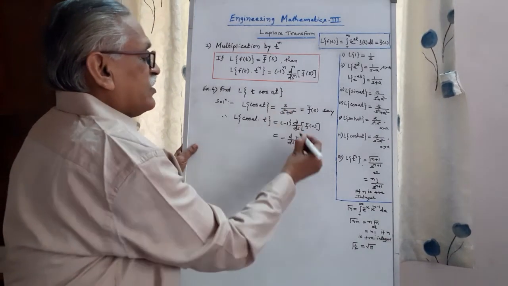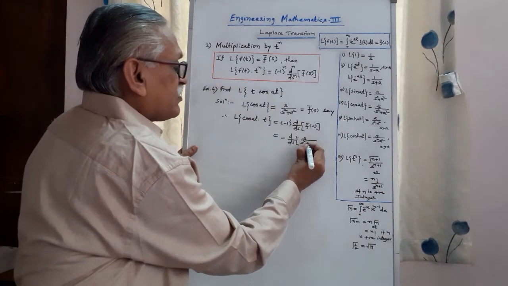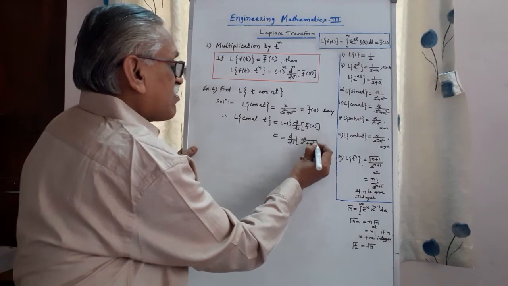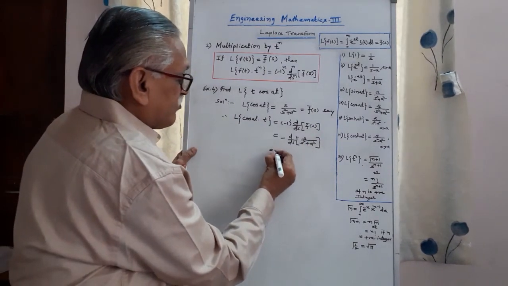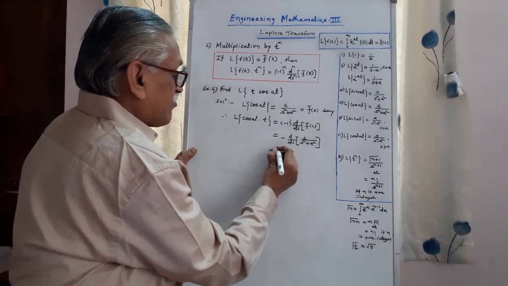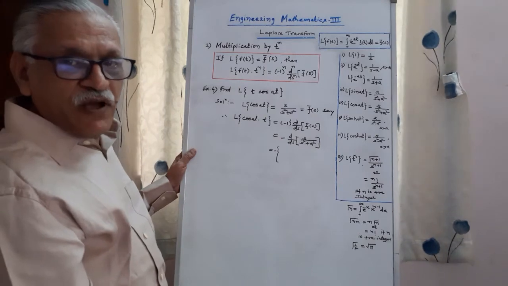What is f bar of s? It is s upon s square plus a square. Therefore it is equal to